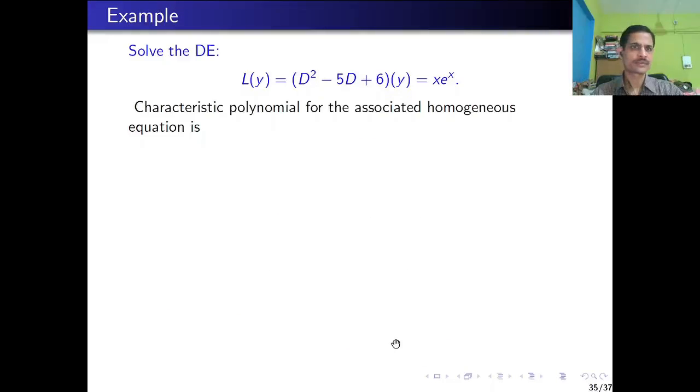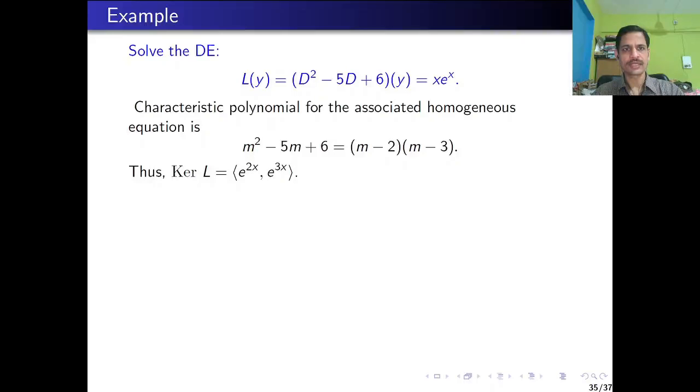Next we solve the differential equation Ly is equal to (D square minus 5D plus 6) applied to y is equal to x e raised to x. The characteristic polynomial of the associated homogeneous equation is m square minus 5m plus 6, which can be factorized as (m minus 2) multiplied by (m minus 3). So a basis for kernel L is e raised to 2x and e raised to 3x,